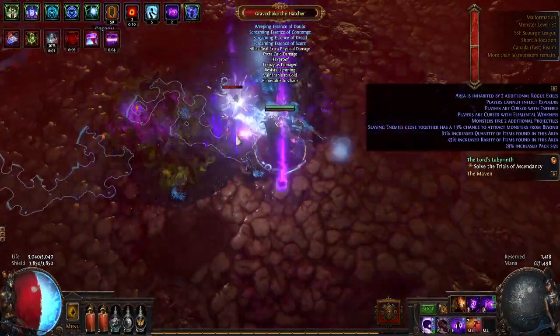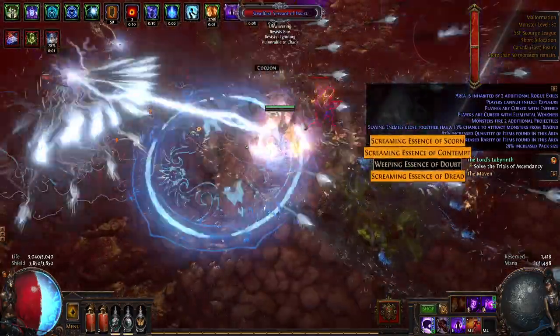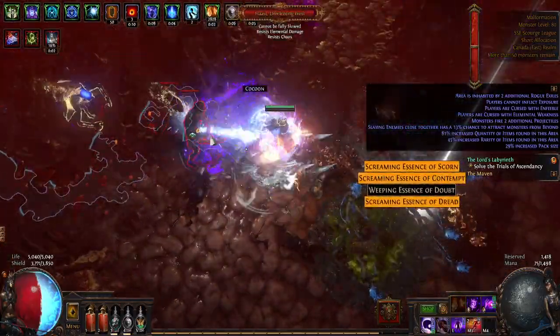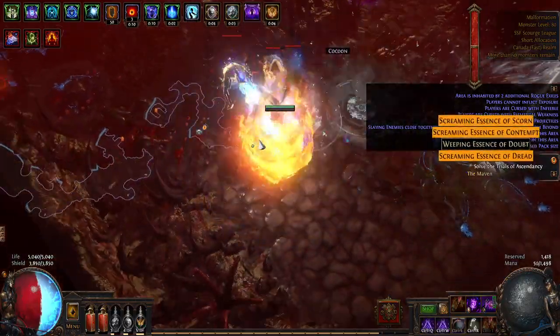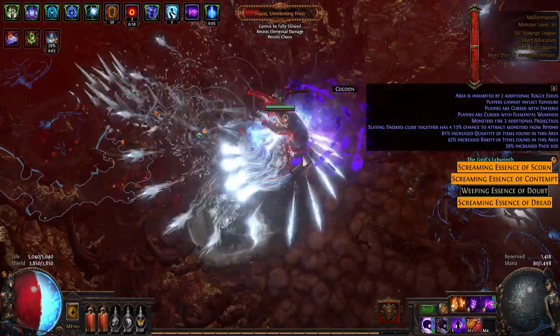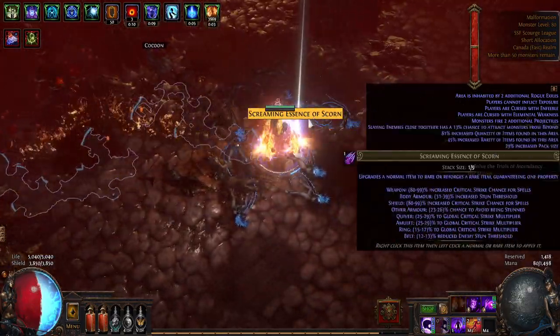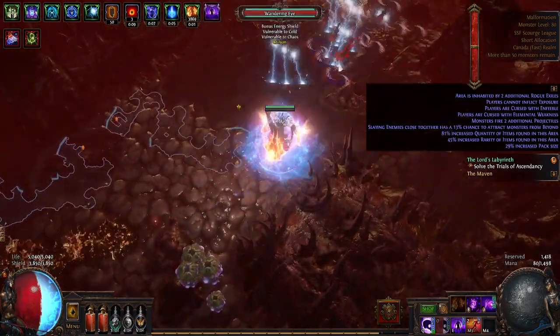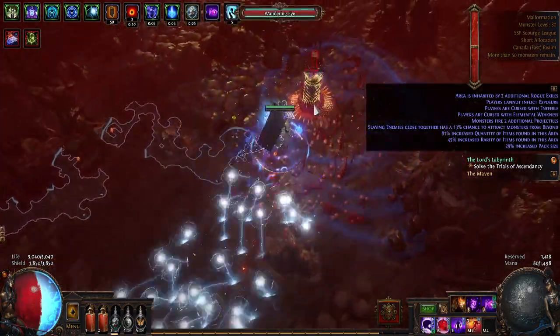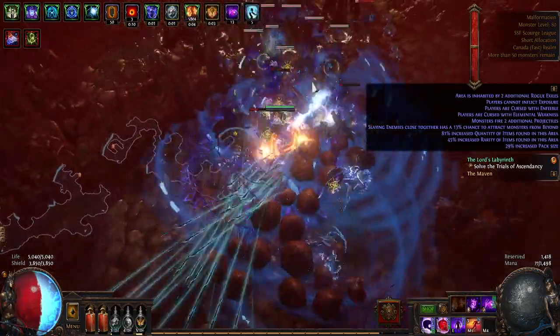The single target of the build is pretty strong overall, I would say. I did end up killing Cirrus as well as T16 Conquerors, and while they did take some time, I was pretty much able to face tank almost every single ability that the bosses had. So there was no scare, it was just a little bit of a grind to kill them. Cirrus was probably about a 5-minute fight, and the Conquerors were maybe a minute or two each, so nothing crazy,